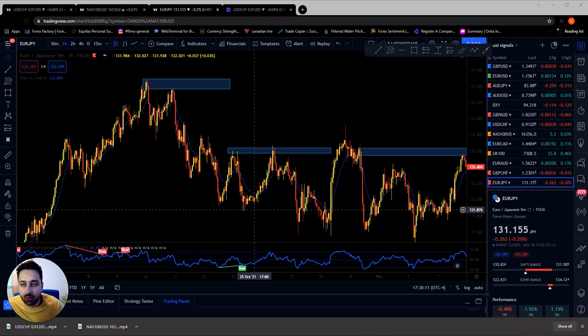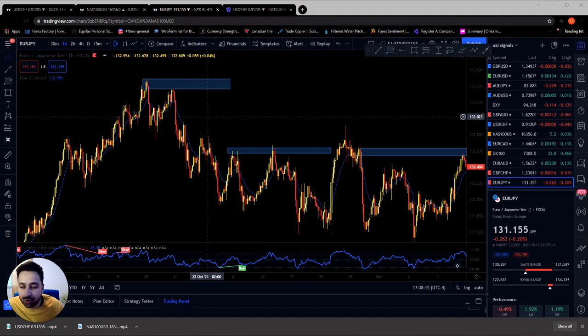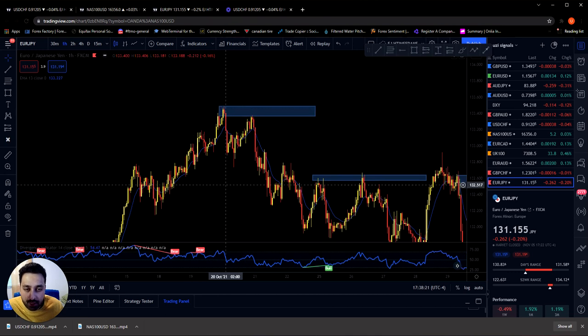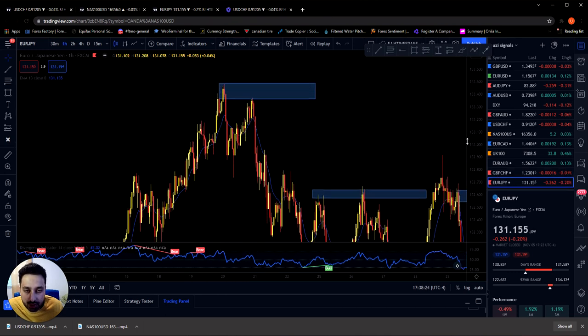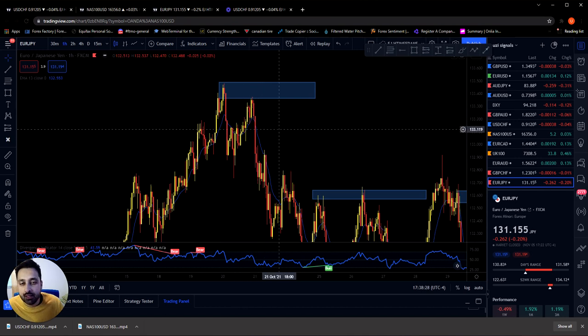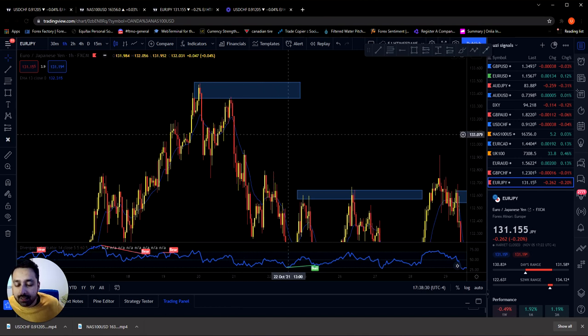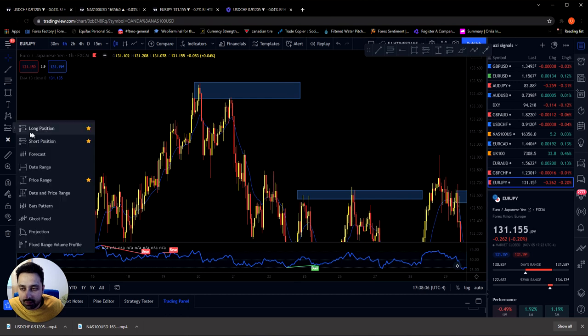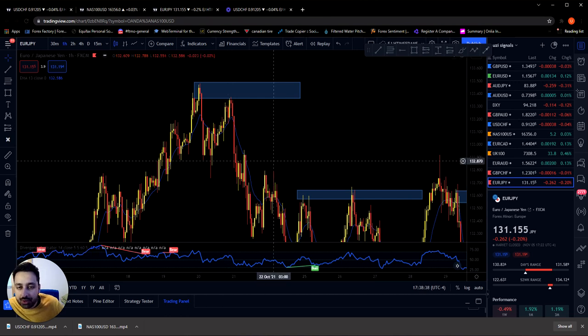So typically when I enter these positions, I enter two positions at a time. So let's say this was your point of interest. This was your supply. You had it drawn up. You know this is the trade you're going to take. It's lining up perfectly for everything. I typically like to open up two positions, 0.5% and 0.5%. And the reason for that is what we're going to try to do is,